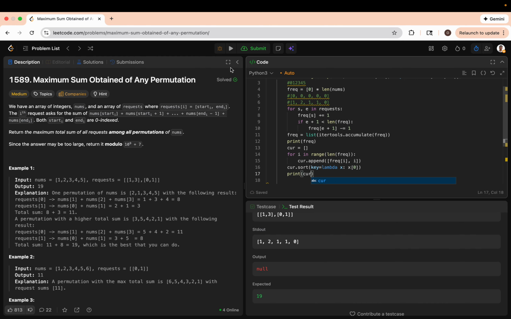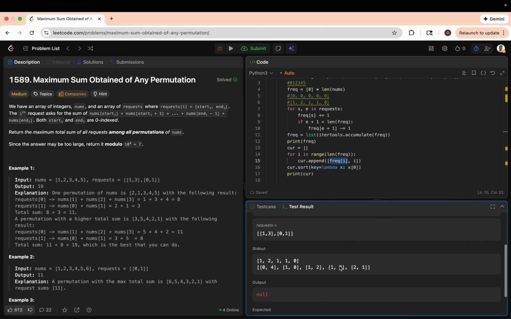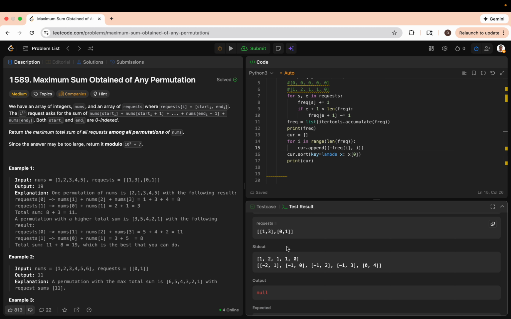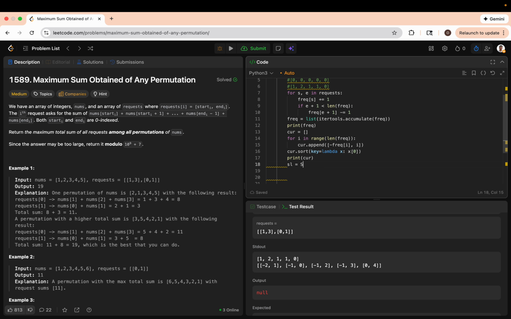So let's print current, and we want this to be sorted in reverse order. So let's do this. So what this tells us is that index 1 should get the biggest value, and then index 0 should get the next biggest value, and then 2 should get the next biggest value, and then index 3, index 4, etc., right? So now that's where this sorted list comes in handy if we created it,